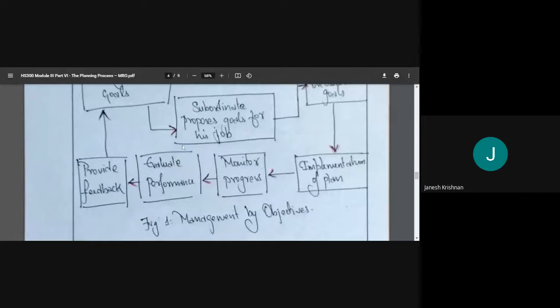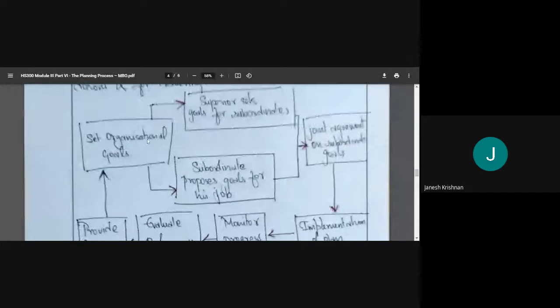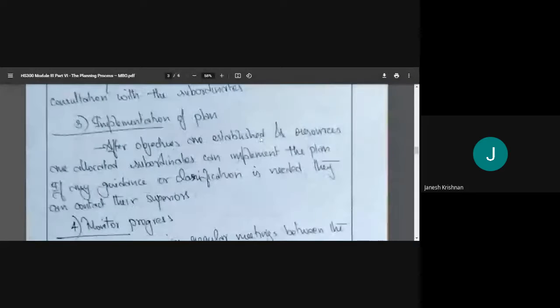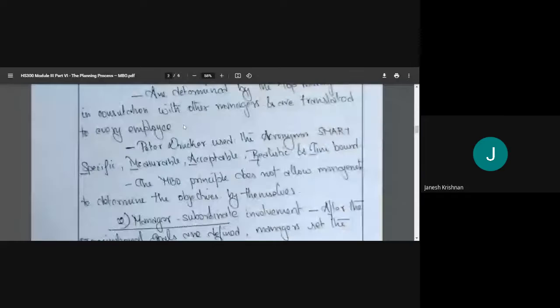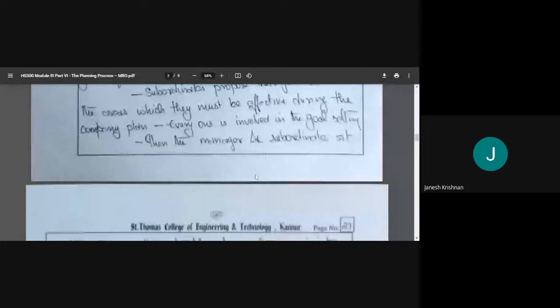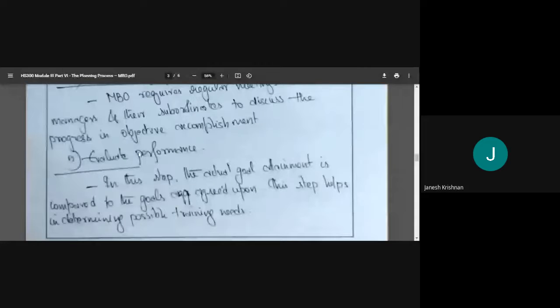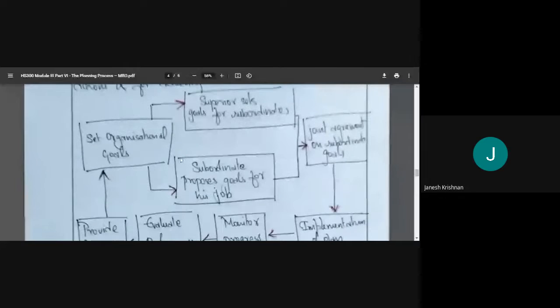Okay? Clear? Is there any doubt? So the first step is setting the organization goal. The first step is goal setting. The second step is manager-subordinate interaction. The third step is implementation of the plan, monitoring the progress, evaluation of performance, and finally feedback. Right? So setting the organization goal, manager-subordinate involvement, and finally they reach